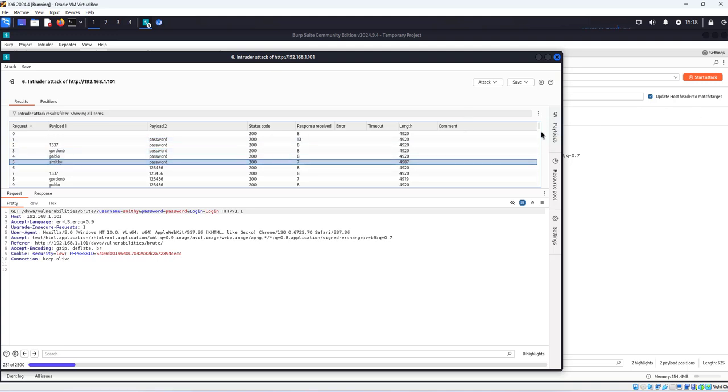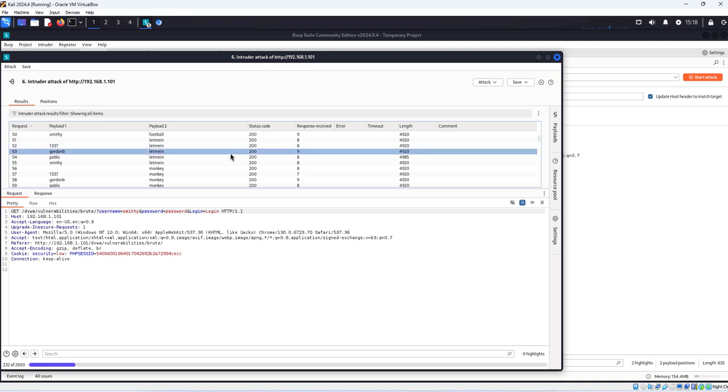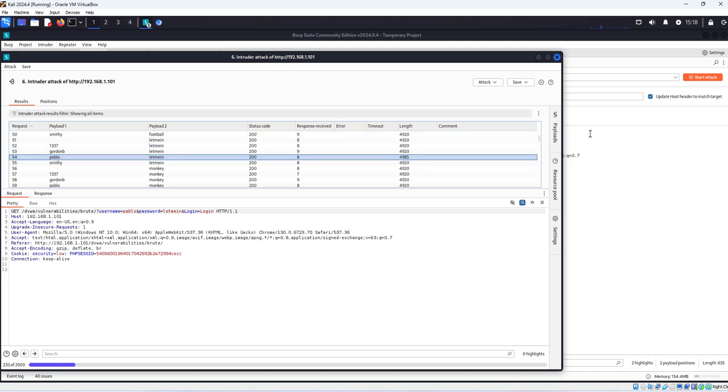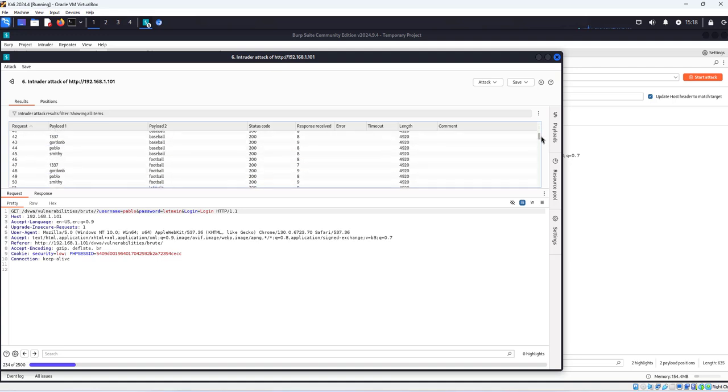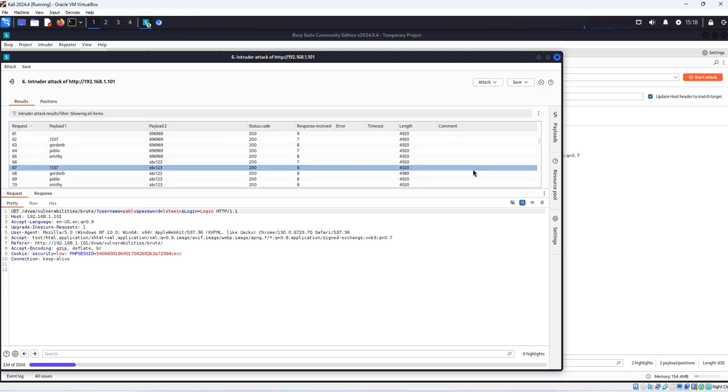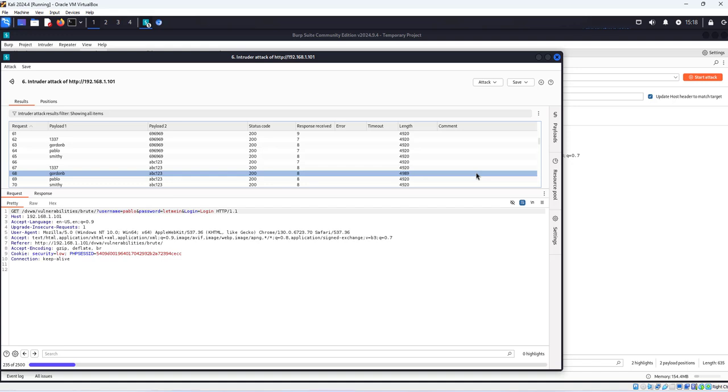And for Pablo, here we can see let me in. You see the length is different again, 4985. And the last one that I found is Gordon. Gordon is ABC123. Okay, so far that's what I found. At least I found 3 out of the 4 usernames, right? So basically this is successful with the brute force using